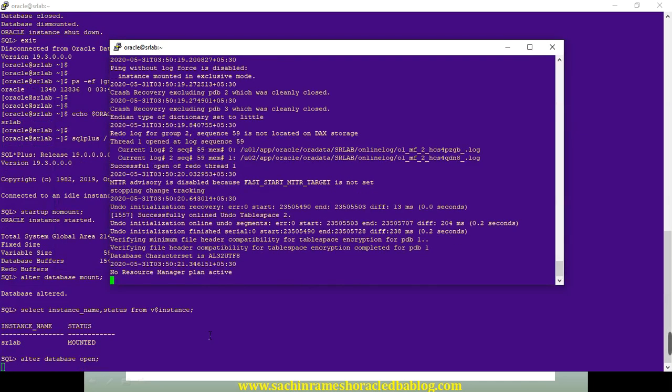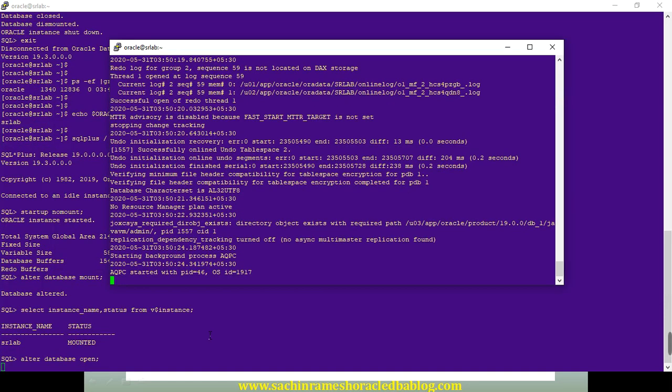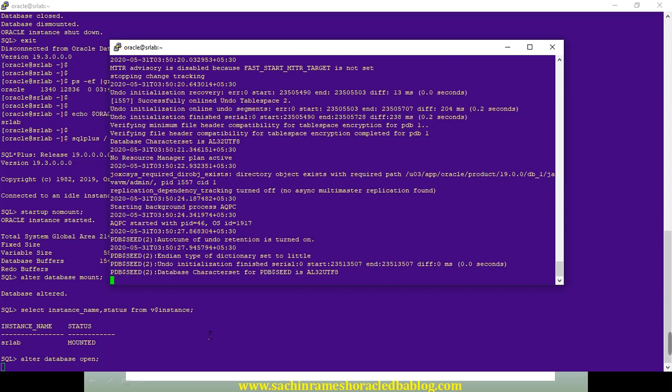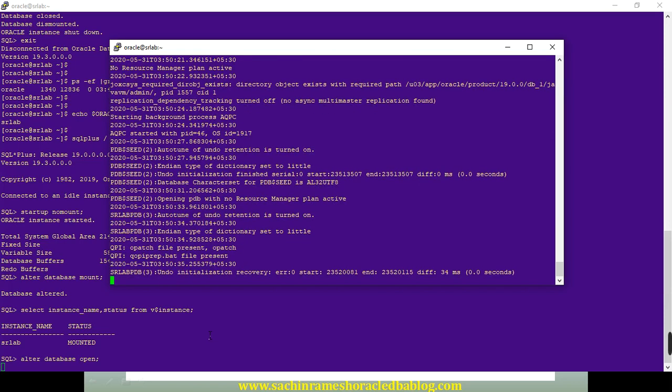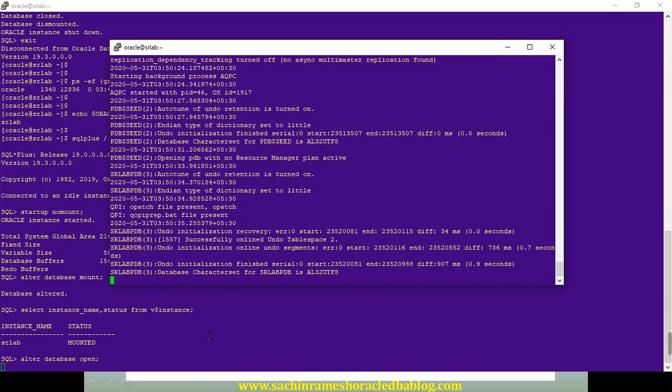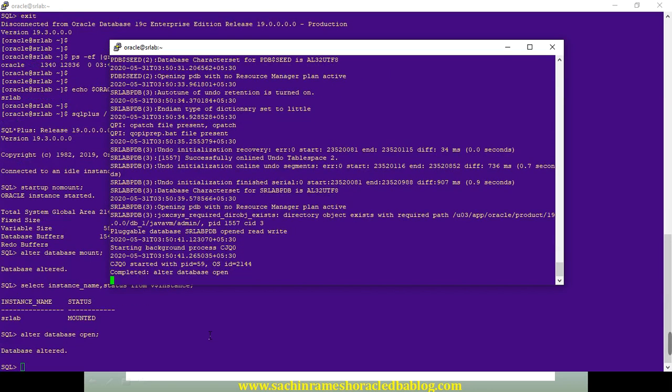You can see now it is reading the redo log file, control file header and data file header. The database is going to open. If any of the file SCNs do not match, the database does not get opened.